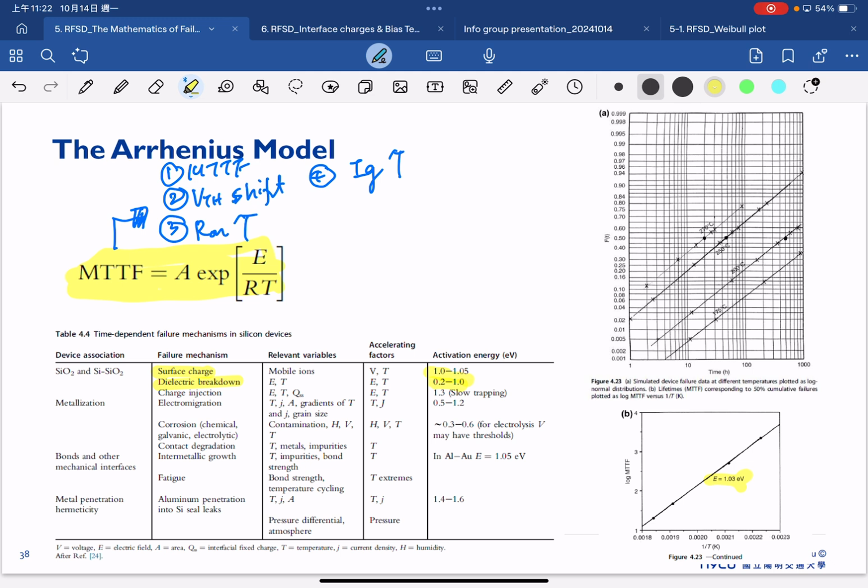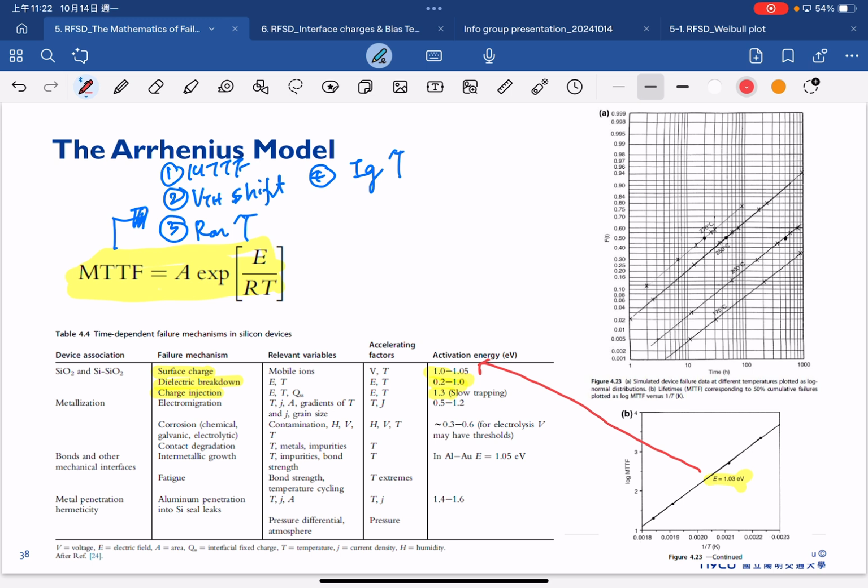Charge injection, for example, has an activation energy around 1.3. So once we get this value from our calculation, 1.03 electron volt, we look up the literature,